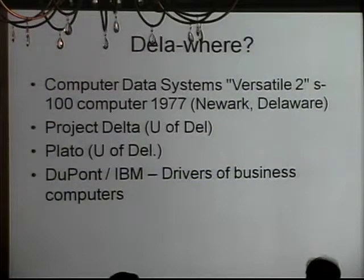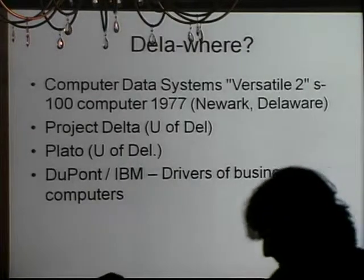All right, I'm putting in a pitch for Delaware, which is my home, which doesn't really do much. I teach computer history at the University of Delaware, but there was actually a lot of things going on at the time, somewhat. There was a company called Computer Data Systems, which was the only computer company I could find from the 1970s. There was Project Delta, which was an organization for the University of Delaware,